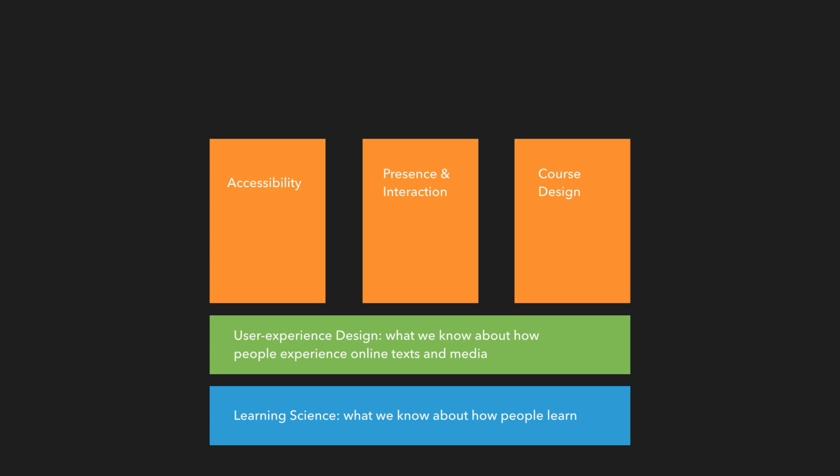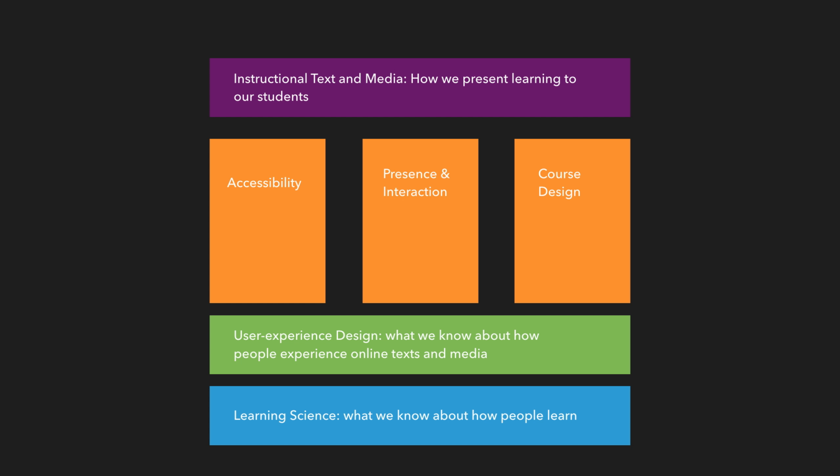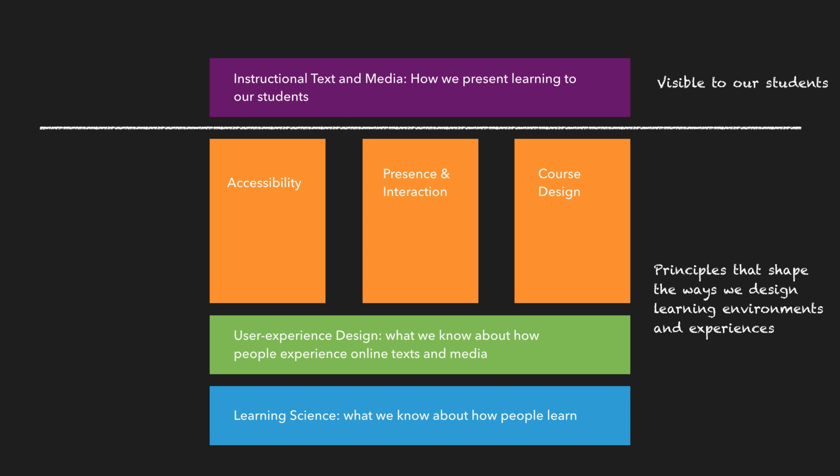And then finally, on top of that, is the actual instructional text and media, which is how we present the learning to our students. So you could think of that purple bar on the top as the actual course website. That's actually what's visible to our students. That's what they see when they log into our class, that top layer. Everything underneath is more or less invisible to them, but it forms the principles that shape the ways we design